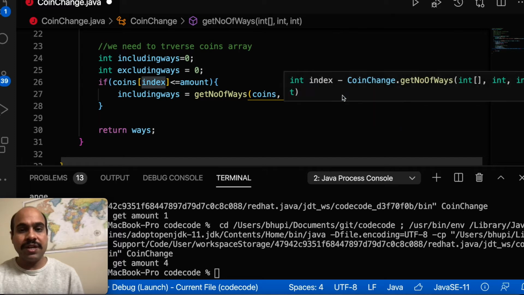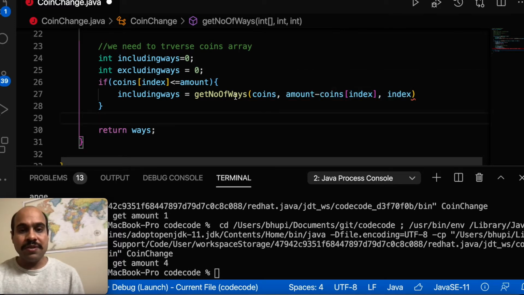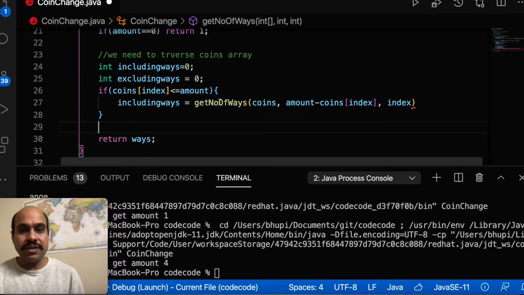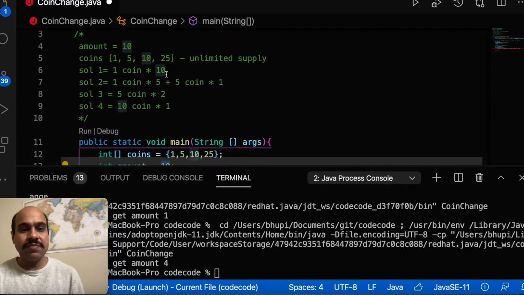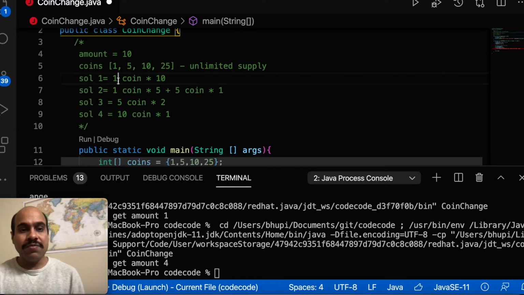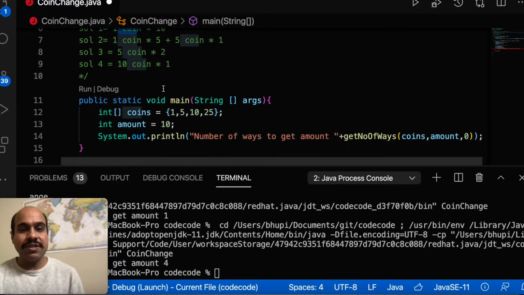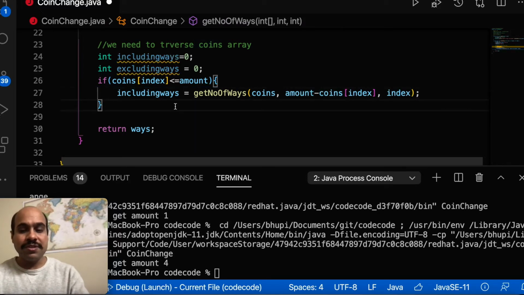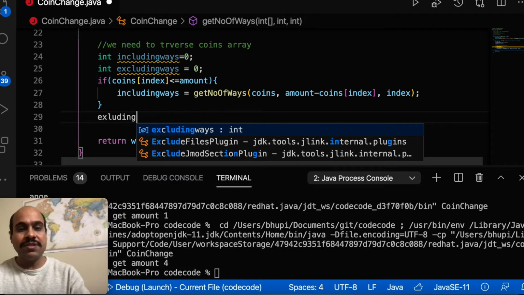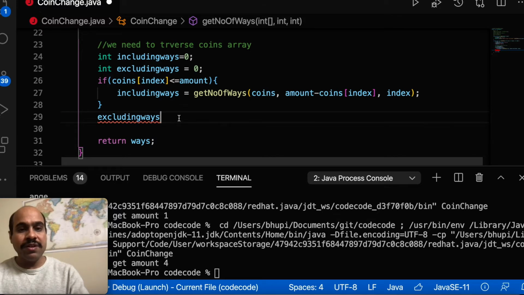So what I am trying to say, use this current index, include it, and again loop and use this current index. So it is like first taking 1 and reducing here, so it means I took 1 and now I want to find out 9, then again coming to 1. Okay, now I want to find out 8. So basically this is the solution 1. So I can use same 1 coin 10 times, so I can include it 10 times. So here, while including ways, I no need to increase the index because I am going to include same coin again and again. And while excluding, you no need to check any condition, because even if this current amount is greater than the desired amounts value, anyway we are going to exclude it.